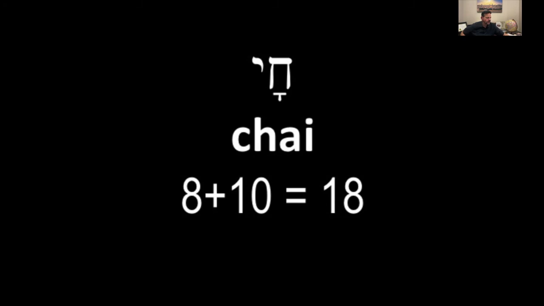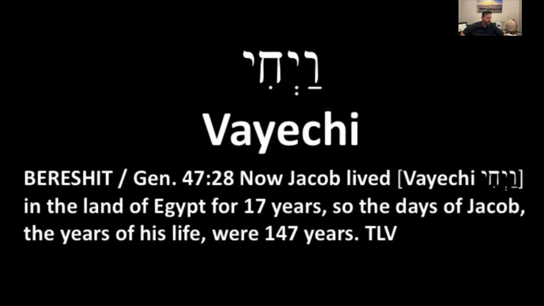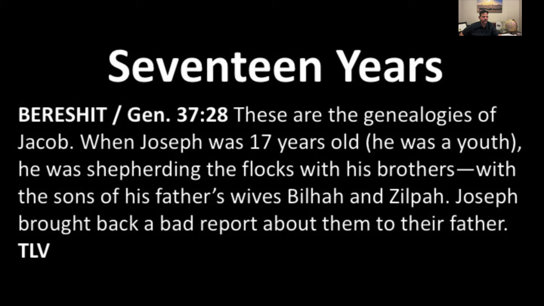So we look at this portion, Vayechi, and then we go back based upon the statement that says he lived 17 years in Joseph's house. Jacob lived 17 years before his death, dying at 147 in Joseph's house. But if we go back 10 chapters, that's the same number of years that Joseph, as a young man, lived in Jacob's house before they were separated, and Jacob thought his son was dead, with the goat's blood on his